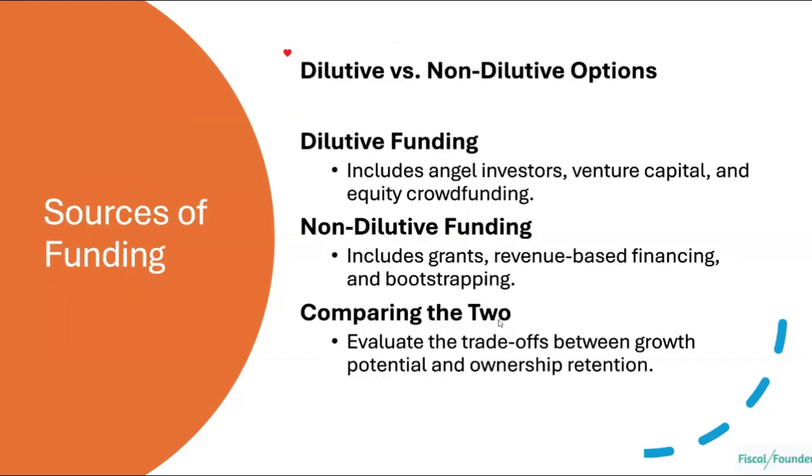All right, next one. It's more talking about the different types of funding you have out there. So there's dilutive and there's non-dilutive. Dilutive is something that's going to come in and reduce the equity ownership of people. There's angel investors. They're really pre-seed people, typically less than $100,000. There's the VCs out there. There's equity crowdfunding. Now, I know this has been coming up. I don't have any experience with it. I've not seen it. But this is an option that's out there that you can research. Then there is the non-dilutive funding.